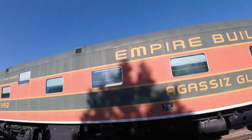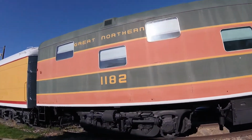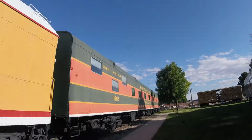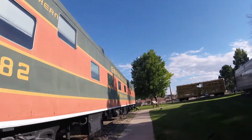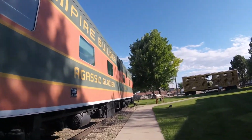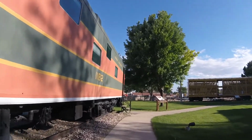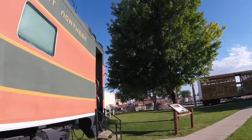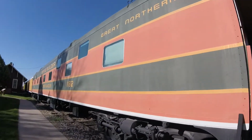This coach was used for when passengers would be spending the night on the train when going from place to place and had their own compartments to sleep in. When this coach was used on the Great Northern Railroad, it was assigned to the Western Star on the Chicago to Seattle train. In 1970, the railroad merged to Burlington Northern and it was renumbered 1182 and it kept the